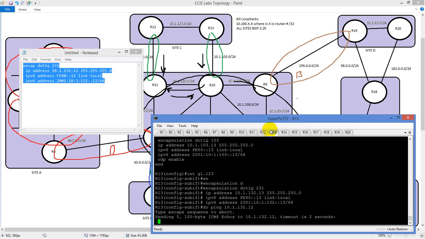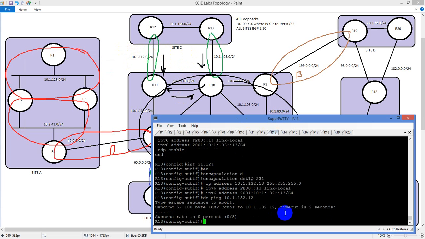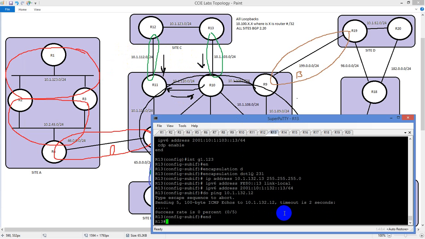Yeah, I think 13 is the problem, because we have a neighbor relationship with 12 and 11. I think 13 is our problem. I think that just the router needs to be rebooted. So what I'm going to do is, nice thing about these, I don't know if you guys knew this or